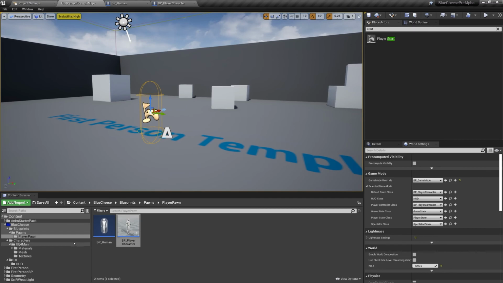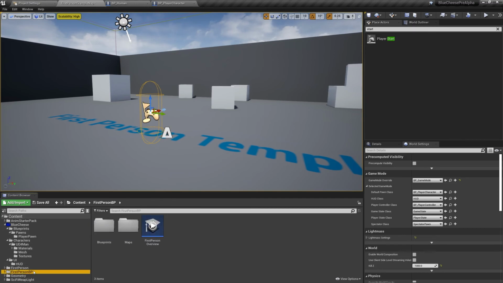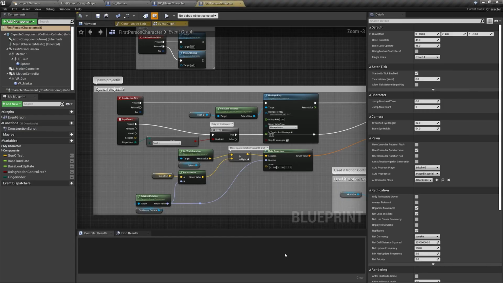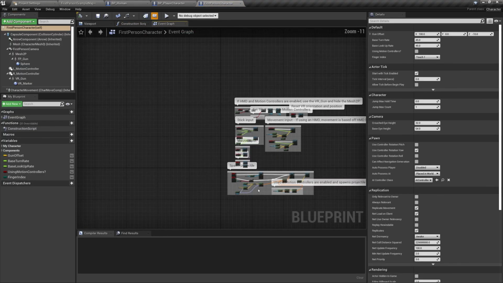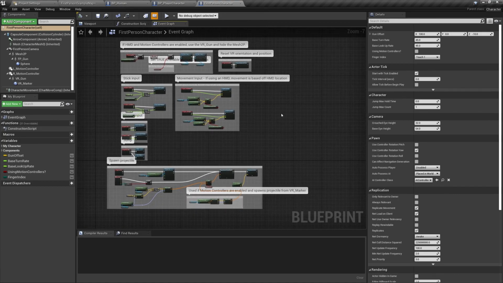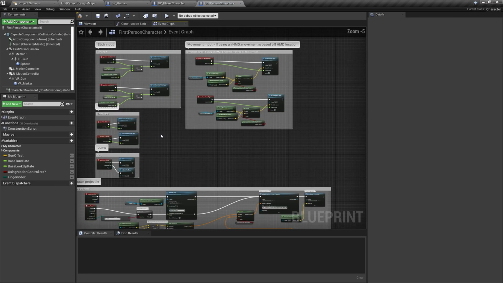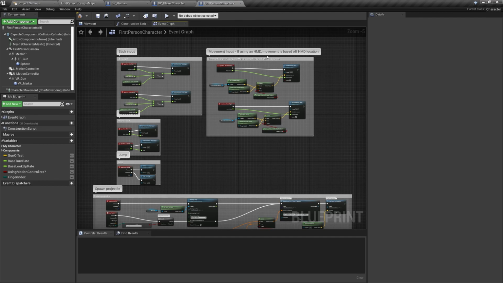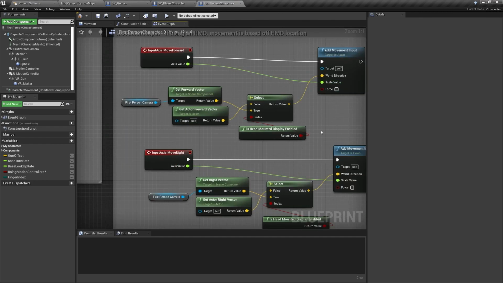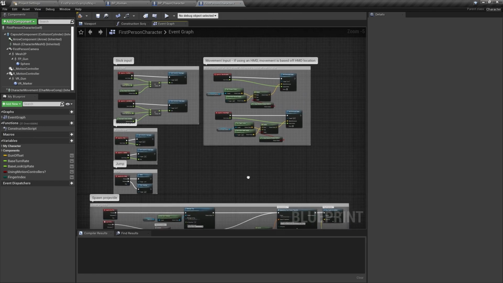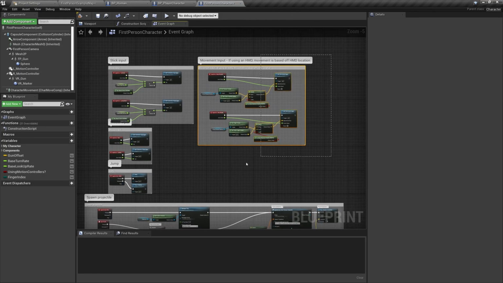So what we're going to want to do is jump into this first person blueprint, and open this first person character up. And you can see in the event graph we have a few different things. We'll go ahead and just get rid of, again, the VR stuff. But what we do want to do, we'll be changing some of that. What we do want to do is actually copy all of this,